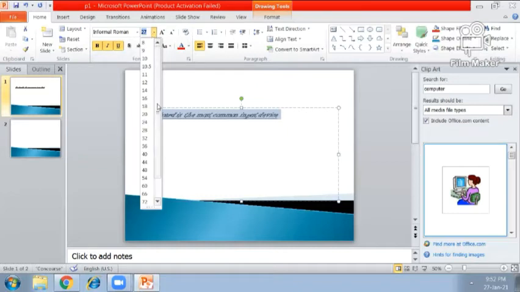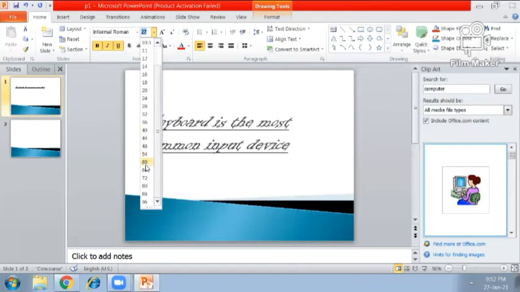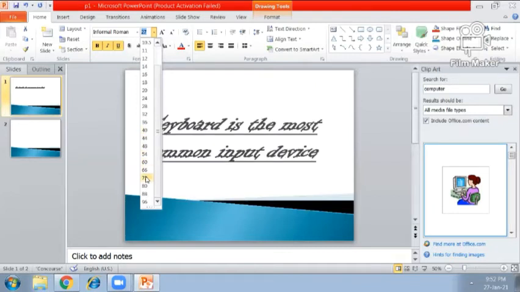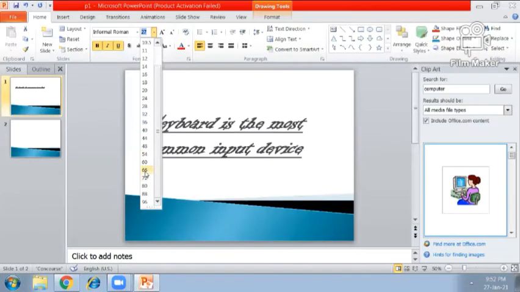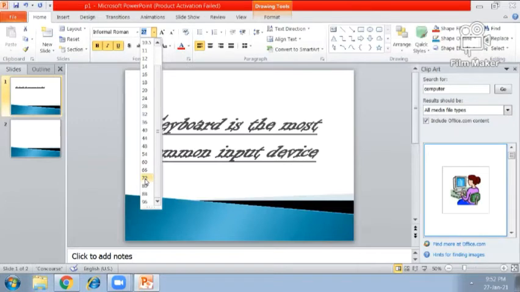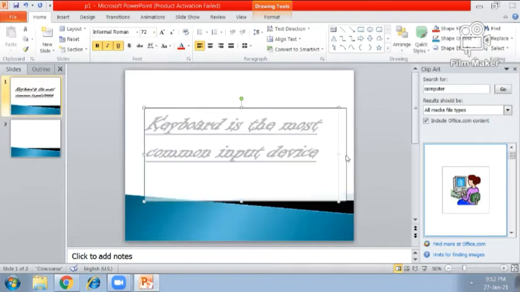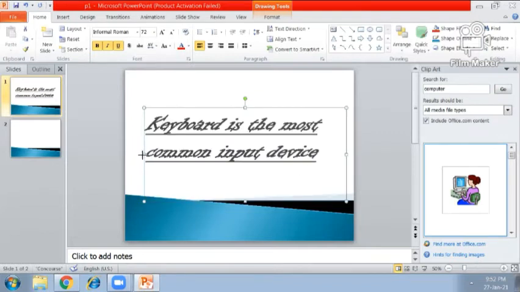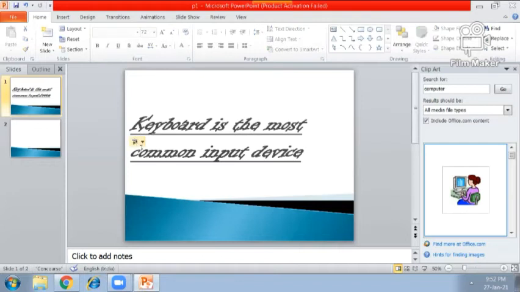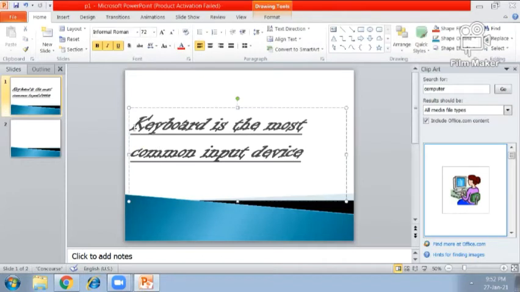This is the font size. Children, all these things are same as we have done in our MS Word chapter. All the steps are same. Okay. Now you can see that our text is changed. Font is changed. Okay.